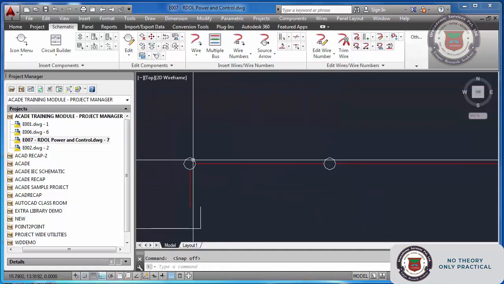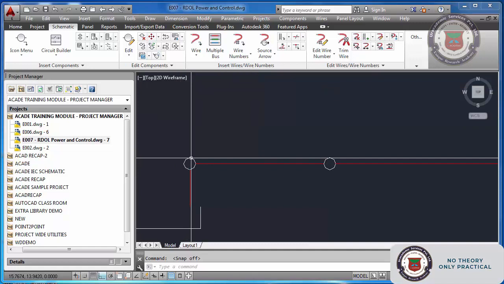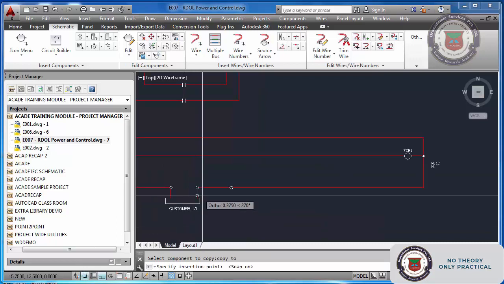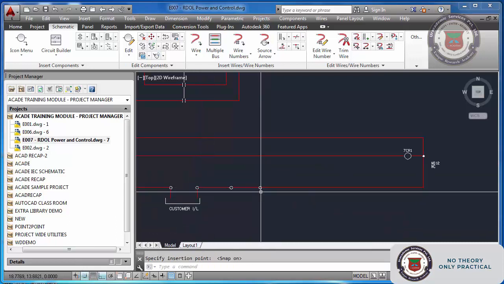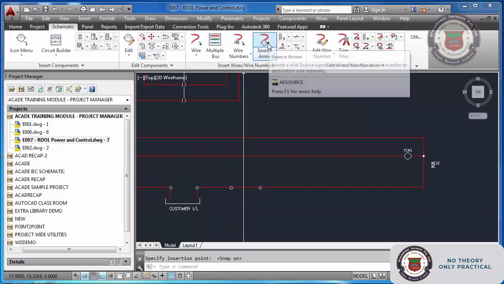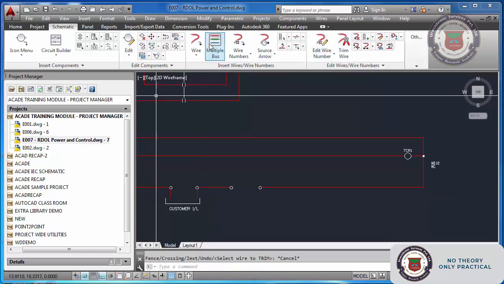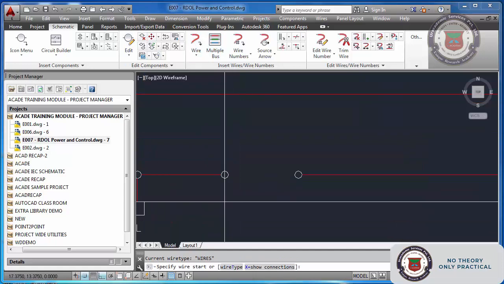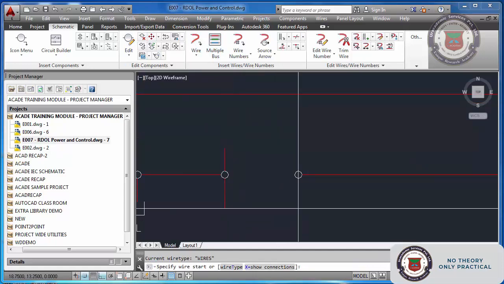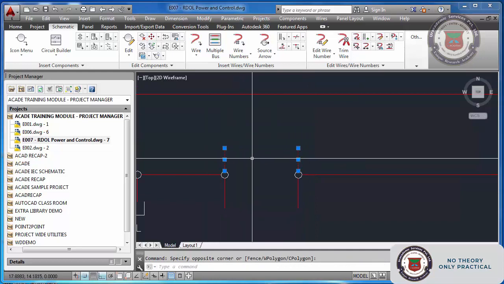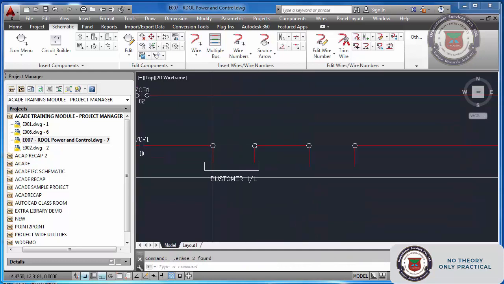Again for the next one, copy component. I am selecting this one here. I don't want this here. In fact, the same circuit we can copy from the customer interlock circuit even here.